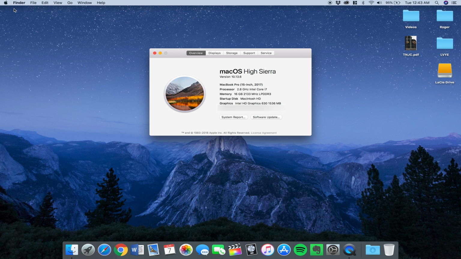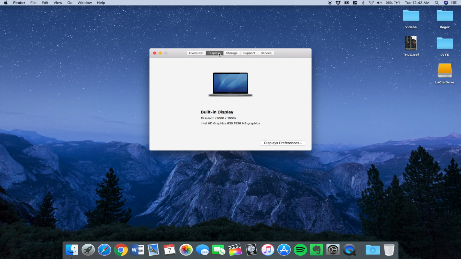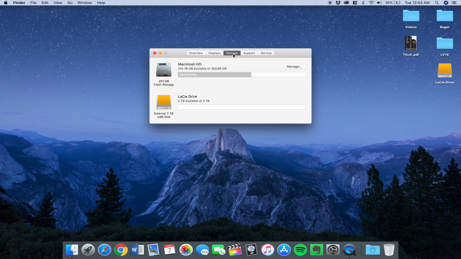So we're using a 2017 15-inch MacBook Pro with an Intel Core i7 2.8 gigahertz processor. We have 16 gigabytes of DDR3 RAM, and we are currently running on macOS High Sierra. Also, if we go into our displays, we're using the built-in display, which the resolution is 2880 by 1800. Our storage, we have our 250 gigabyte SSD hard drive, and then we have